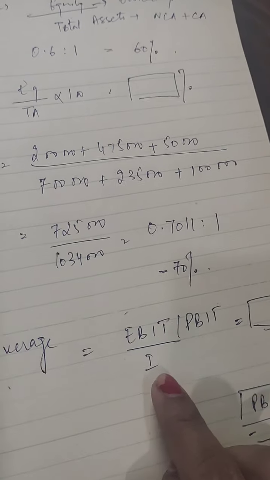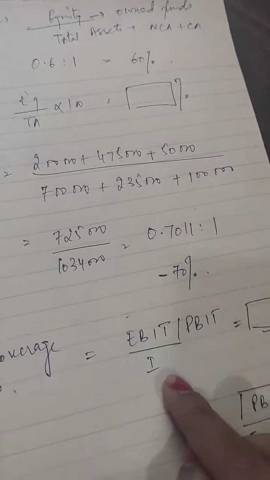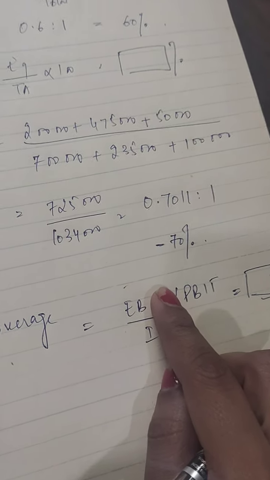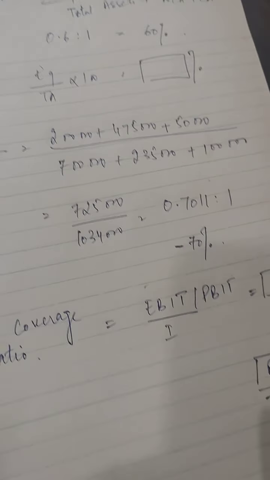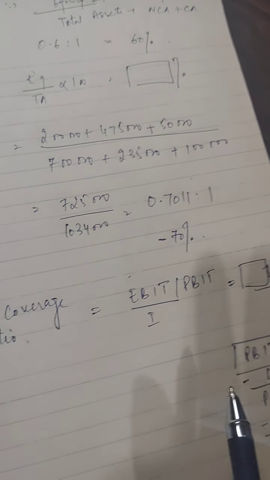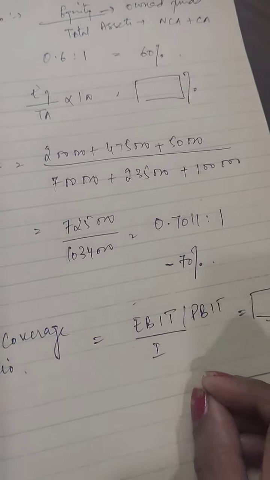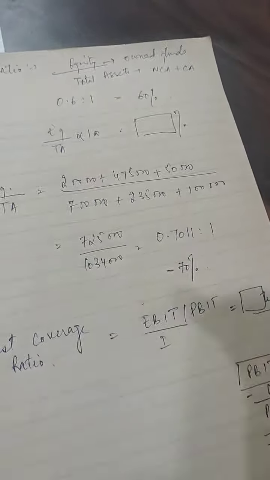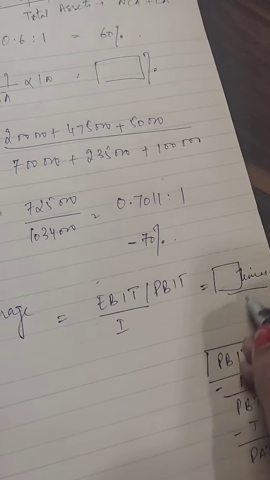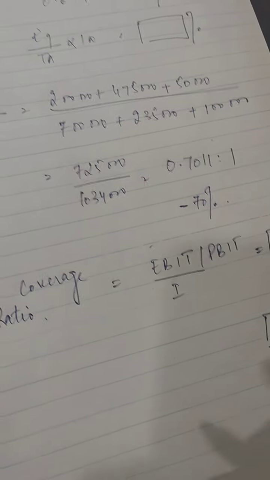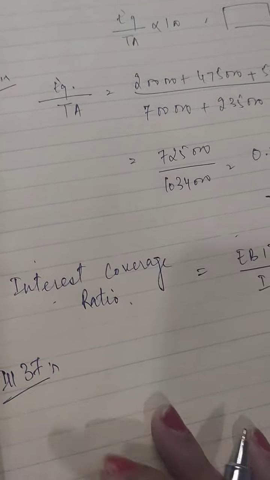This shows that if you have to pay 10,000 interest and you have 1 lakh EBIT, that means you are earning profits of 1 lakh before paying any interest. That means you are in a 10 times stronger position. If we talk about the company, you can easily pay the interest charges. That means you are earning 10 times more than you need to pay the interest. So the more the ratio, that means the more times the answer comes, the more sound the organization shall be called.